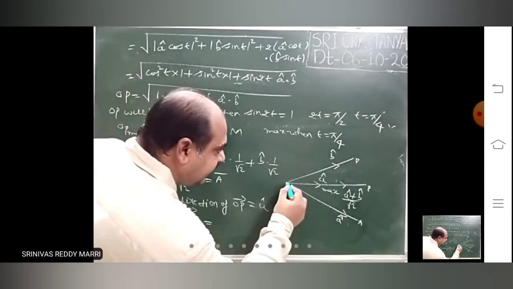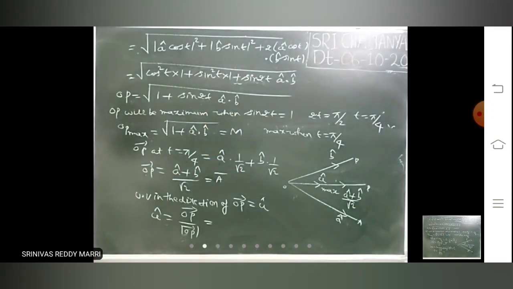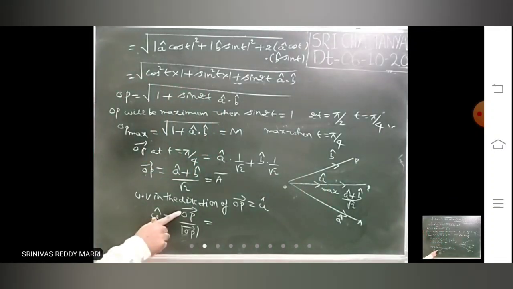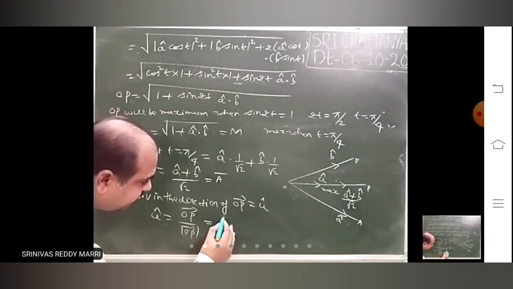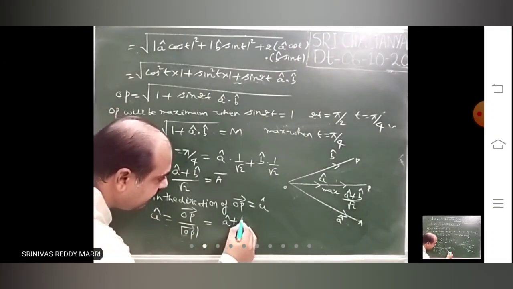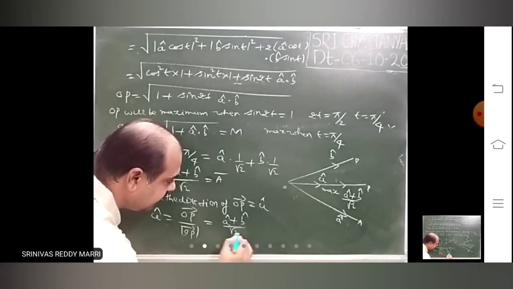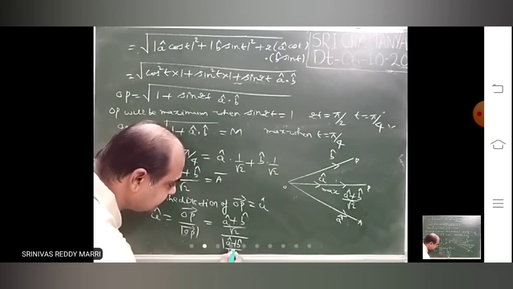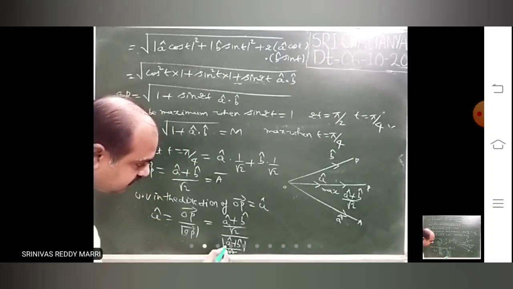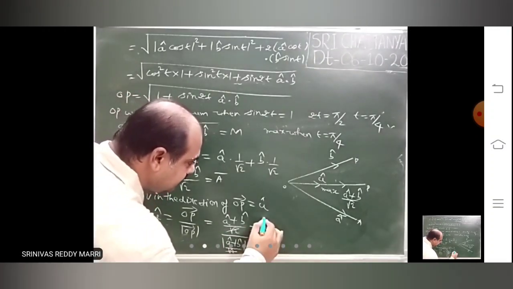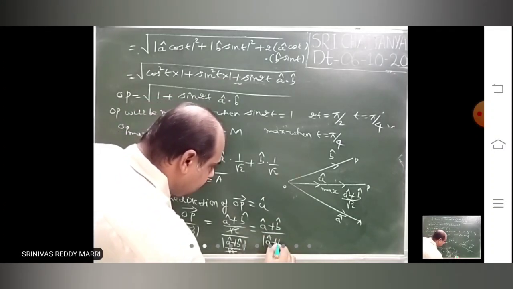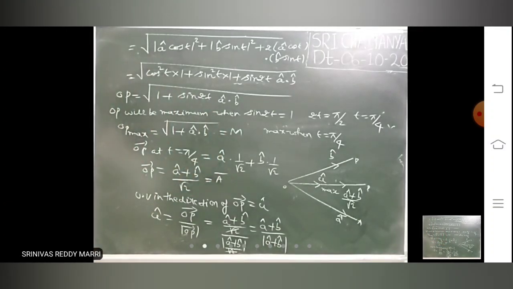That means at that instant, when it is at maximum distance from the origin, the unit vector along OP bar is U cap. That means U cap is nothing but, if you know the vector in that direction, that vector divided by the magnitude of that. That means A cap plus B cap divided by root 2, divided by modulus of A cap plus B cap divided by root 2. This root 2 will get cancelled. So therefore, what is U cap? This U cap is this.